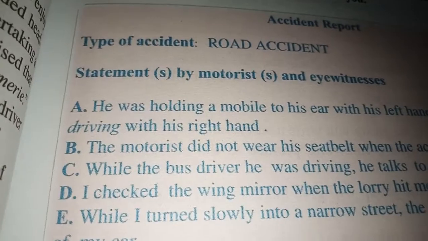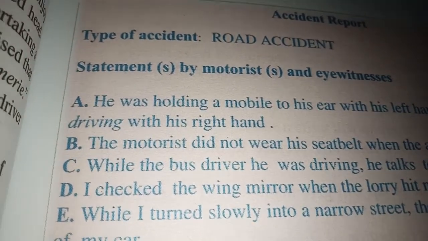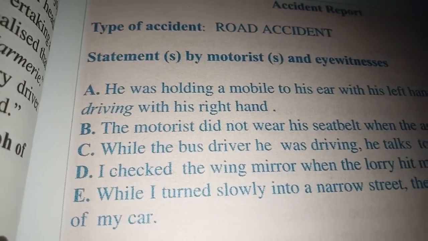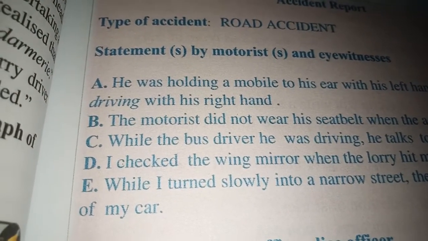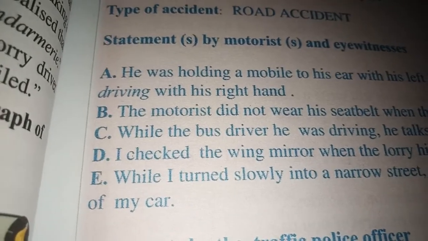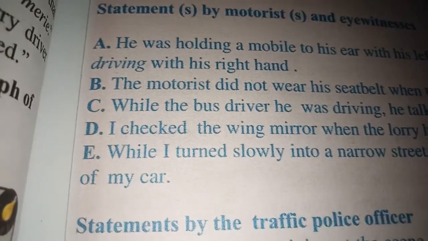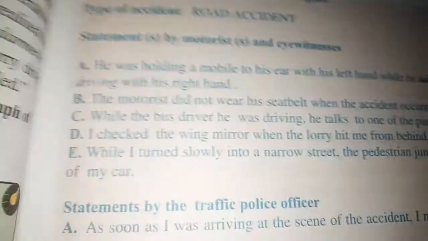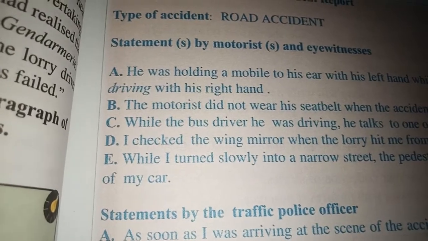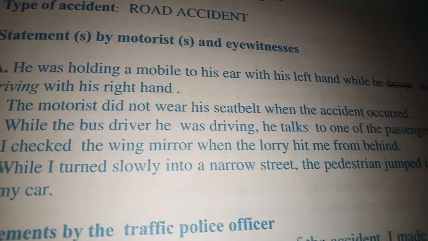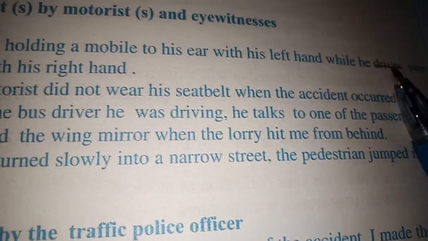Yes, fabulous. We have past continuous, and all of us know that the past continuous is formed by verb to be plus verb plus ing. This means was or were. This is the past simple of verb to be, was or were, plus verb plus ing. Okay? He was holding a mobile to his ear with his left hand while,